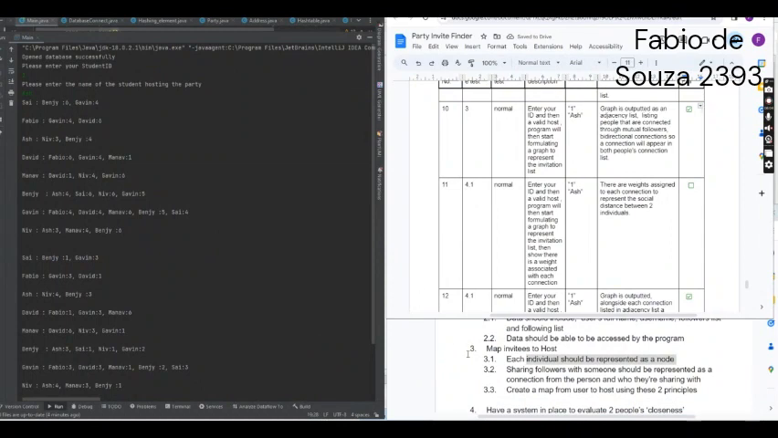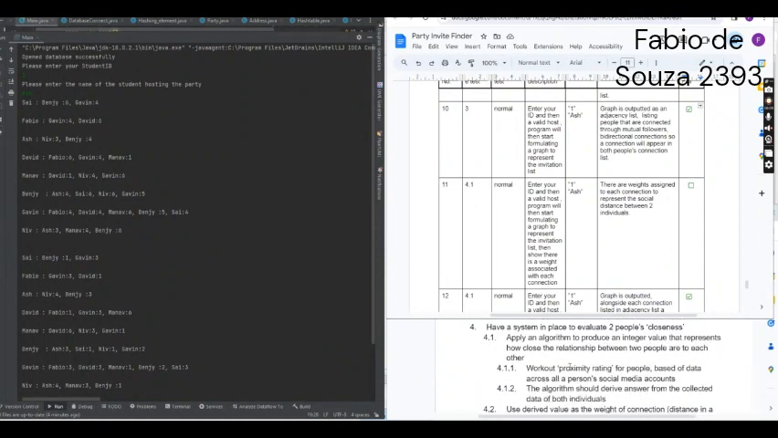Test number 11, test objective 4.1. So objective 4 is to have a system in place to evaluate two people's closeness. As you can see here, there are these integers all over. These are supposed to represent how close these people are. So how close Sai is to Benji, how close Fabio is to Gavin or David. And